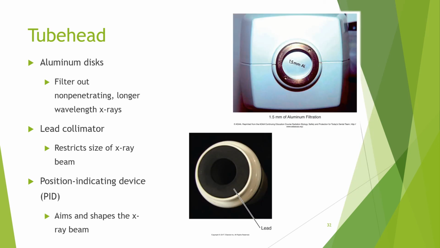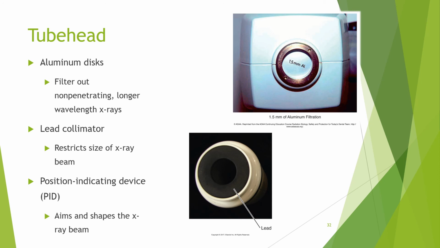Continuing with the tube head, we have the aluminum discs. Remember, inside the tube head seal, there were those aluminum discs. They filter out the non-penetrating longer wavelengths. So wavelengths that aren't traveling fast enough will hit those aluminum discs and actually be unable to go through. Whereas the faster, more powerful, shorter wavelength, penetrating wavelengths will go through those aluminum discs and on out to the